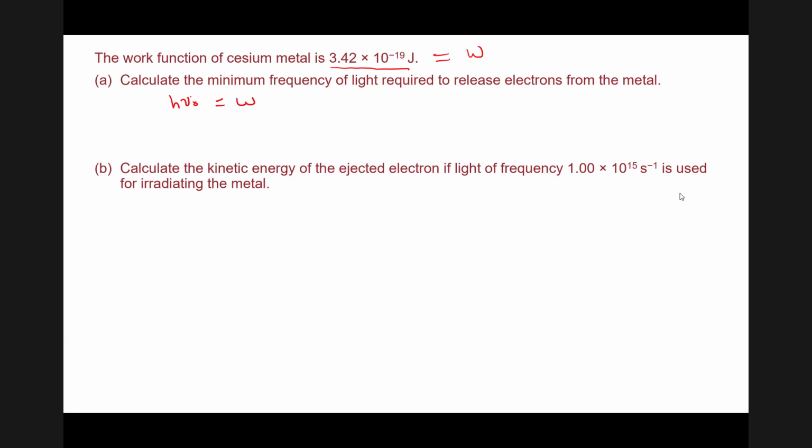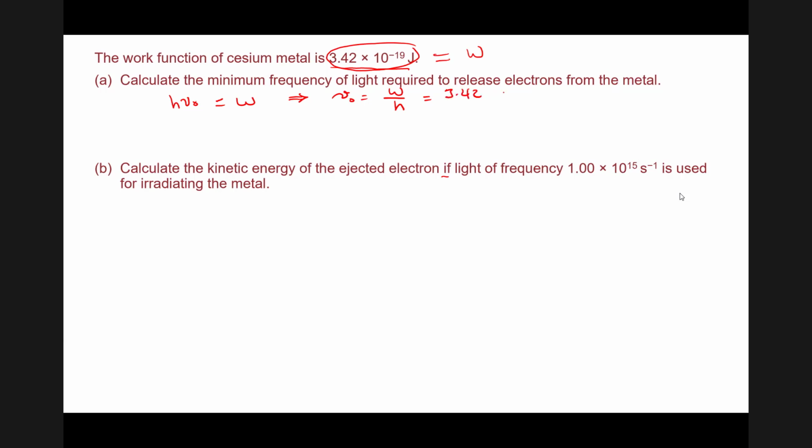So all we need is to use the value of the work function here to find the corresponding frequency that would provide the same amount of energy to eject the electron from the surface. So we just rearrange this equation to solve for nu naught, the threshold frequency. So nu naught is going to equal the work function divided by h. So it's going to equal